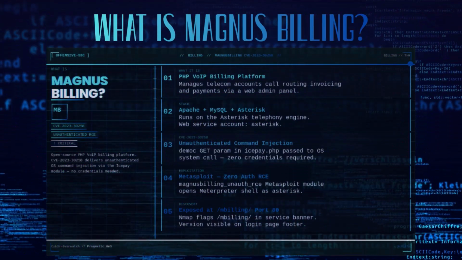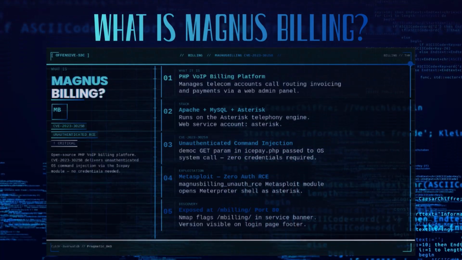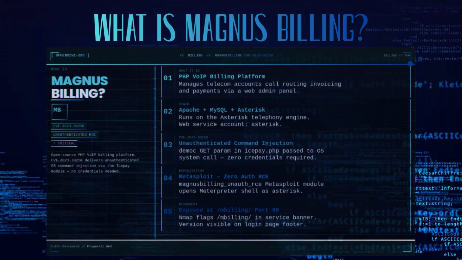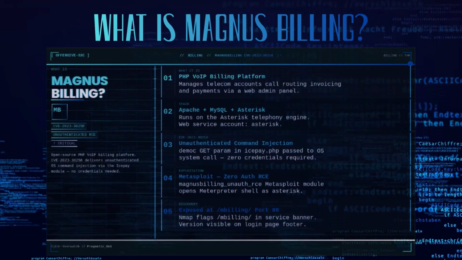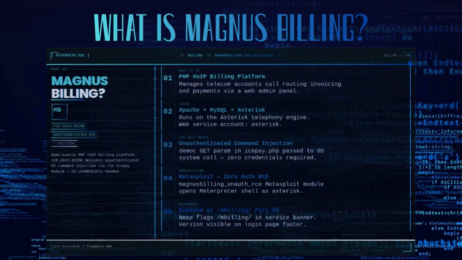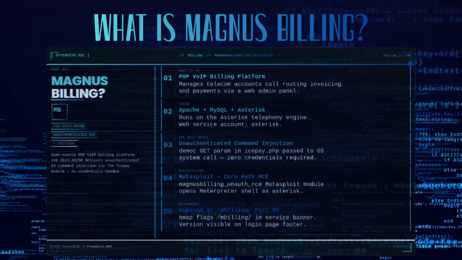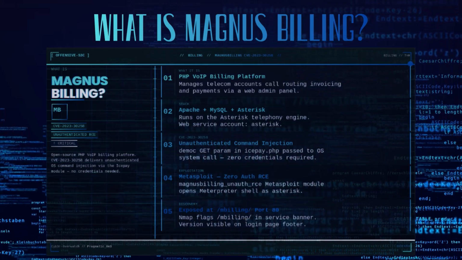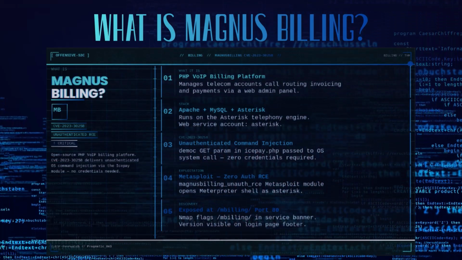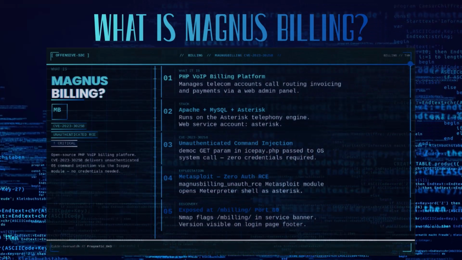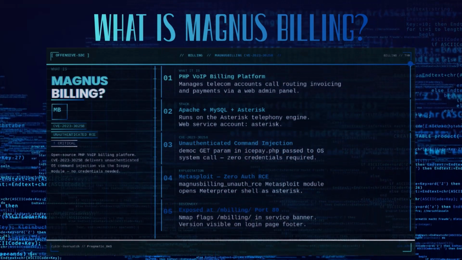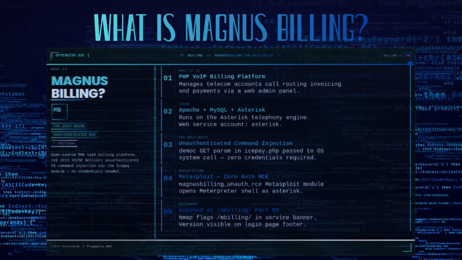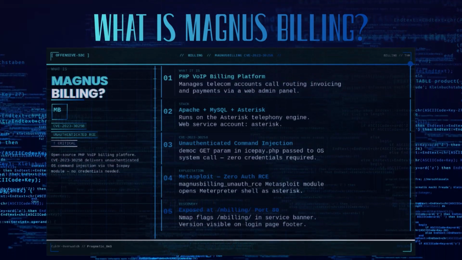Magnus Billing is an open-source web-based VoIP billing and management platform built on PHP. It's used by telecommunication companies and service providers to manage customers' call routing, invoicing, and rate tables for voice over IP services. Core functionality: Magnus Billing provides a web-based admin panel for managing accounts, call detail records, payment gateways, and interconnect billing. It sits on top of a Linux server typically running Asterisk, an open source telephony engine, alongside Apache